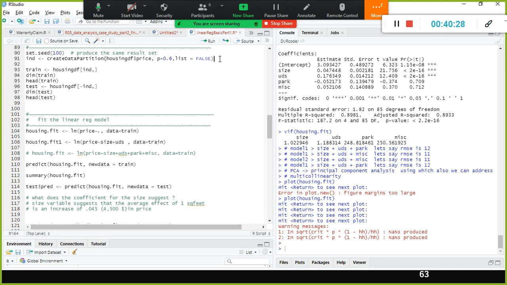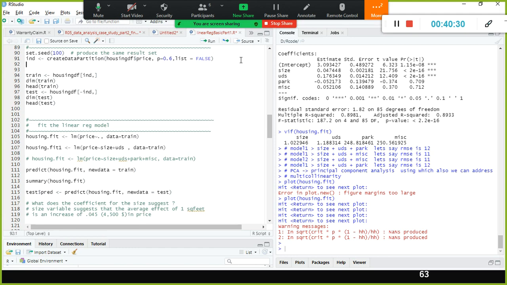The output of this should not be a list. List is a fundamental data structure, and we don't want the output to be stored in the form of a list. So what happens? This will randomly sample 60% of the data from this housing data set, and then it returns the row numbers. Row number is nothing but the index values.